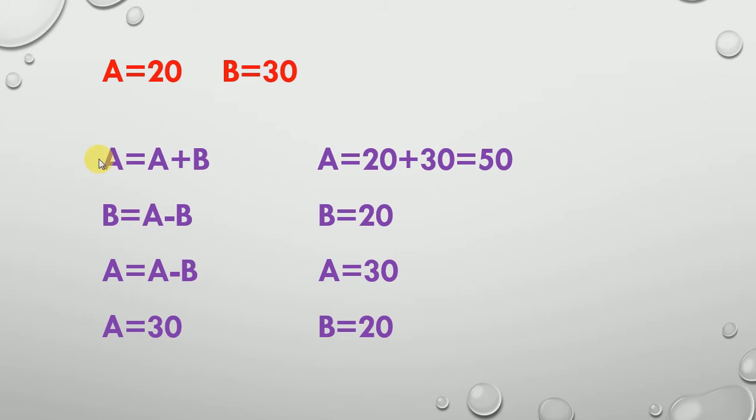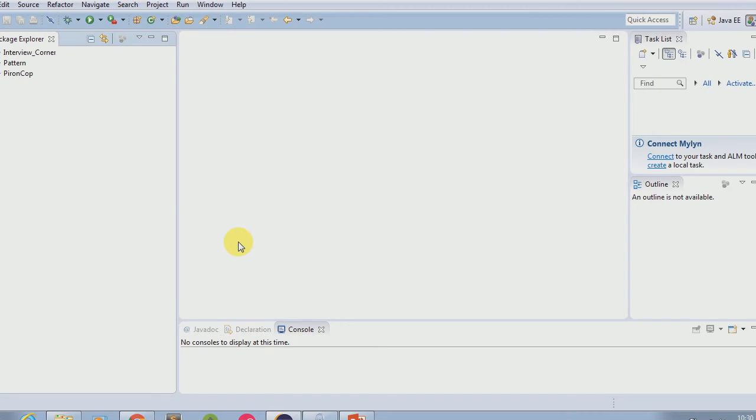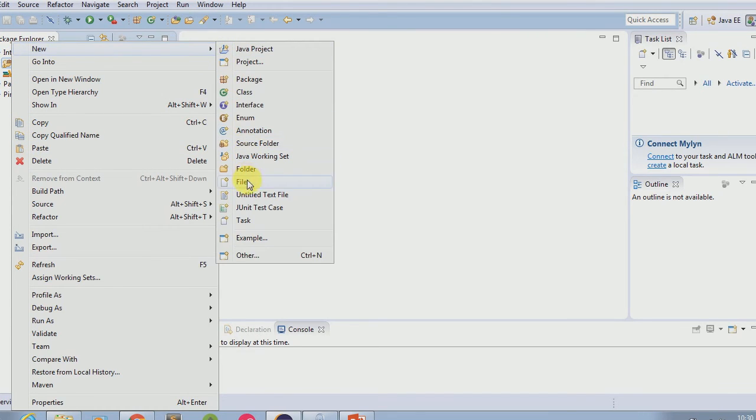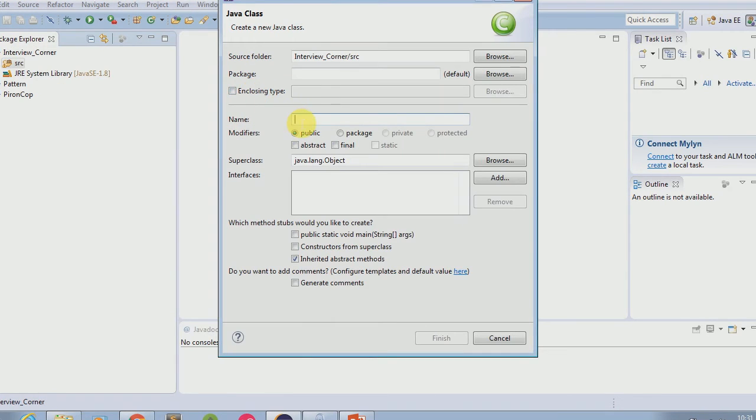Now we will implement these three steps in Java in order to see the output. I am going to use Java to implement the program. Here I am using Eclipse IDE and I have an interview corner project. I am going to make a class, and the name of class will be swapping.